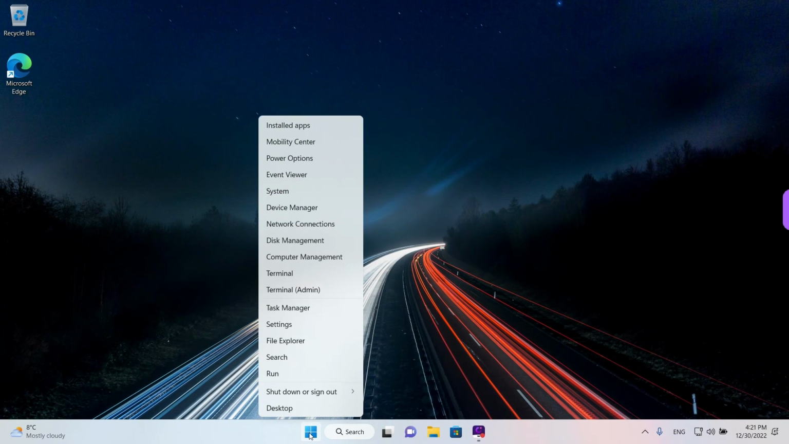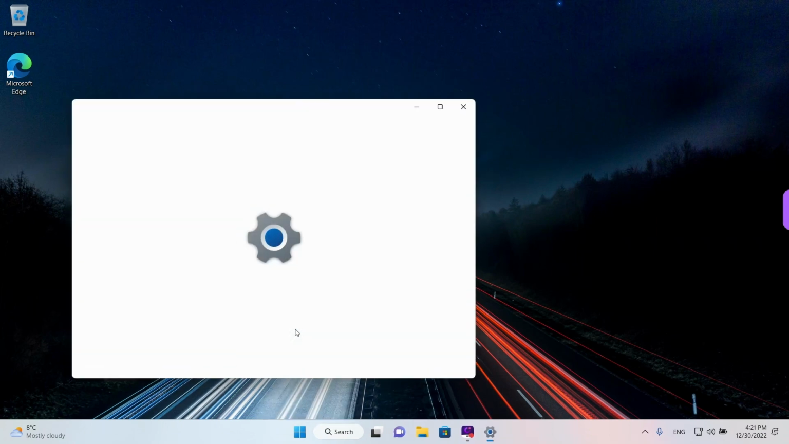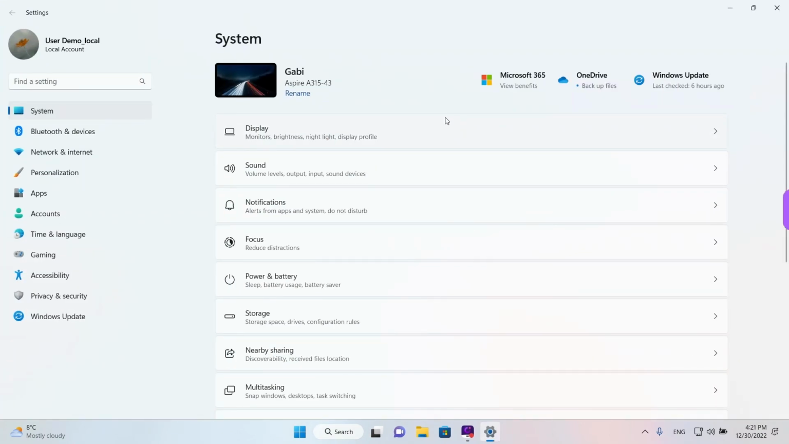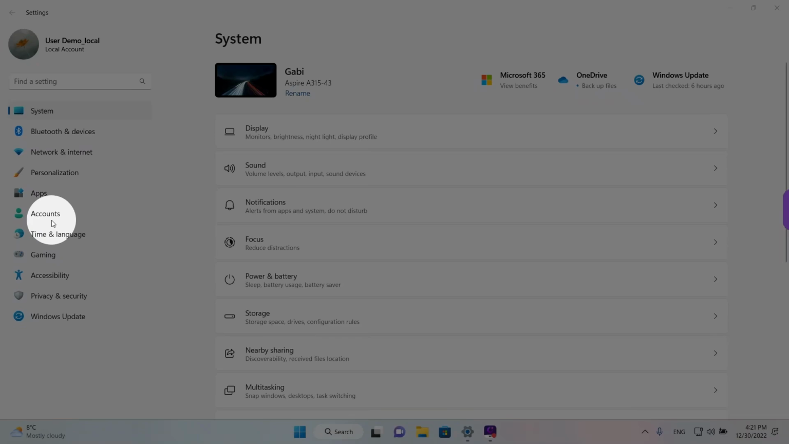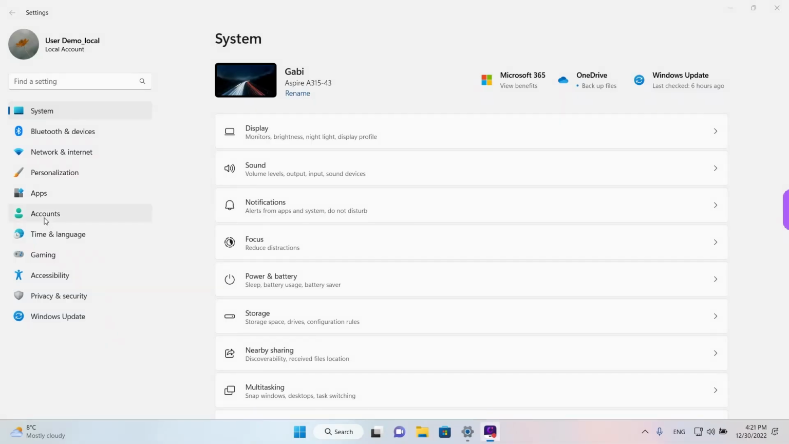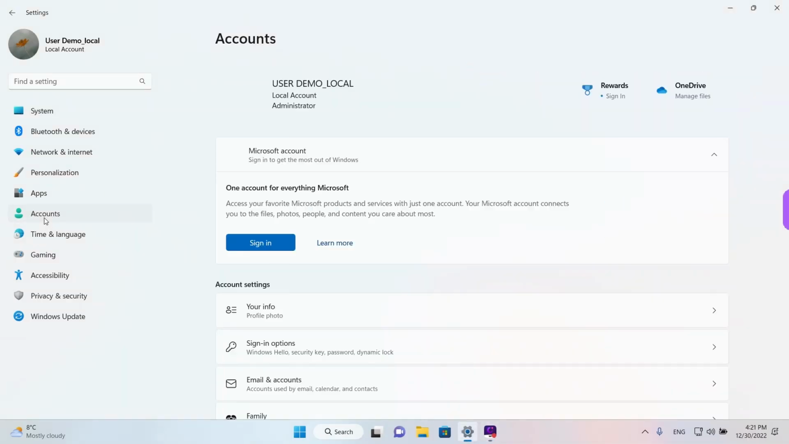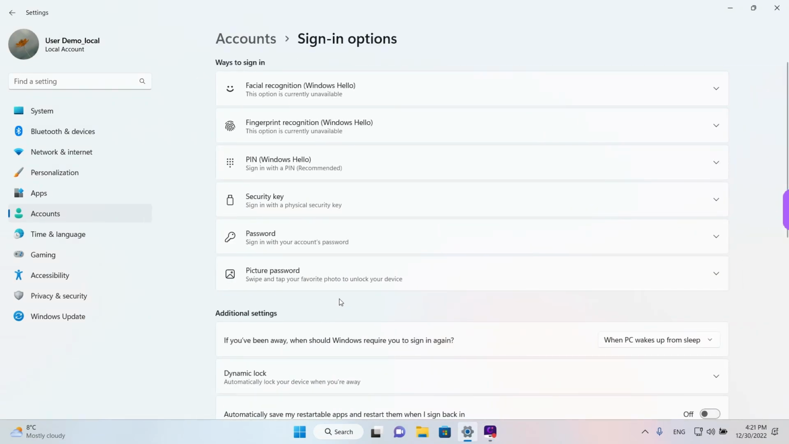So, first go to the Start button and right-click, and then left-click on Settings. We're gonna maximize the window, guys, and here we're looking for Accounts on the left. Click, and in here, guys, we're looking for Sign-in options. Left click once, and in here, guys, immediately we can see the password option. Left click once to expand,